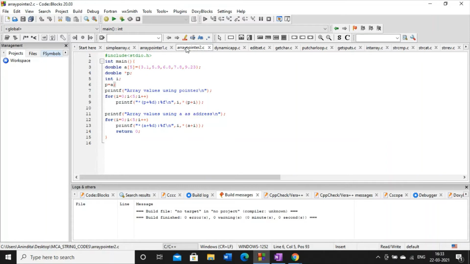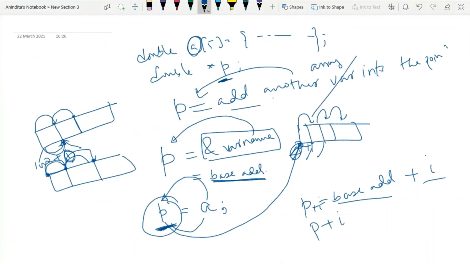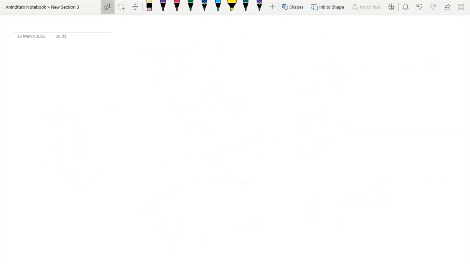So this is how we can define an integer as well as a double array along with a pointer. But now I have one more topic to discuss. Apart from integer array and double array, similarly we have the concept of a character array. Now I will discuss one very significant point, how a character array can be used with the concept of a pointer.